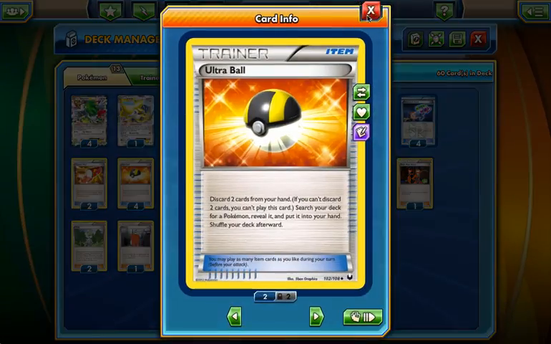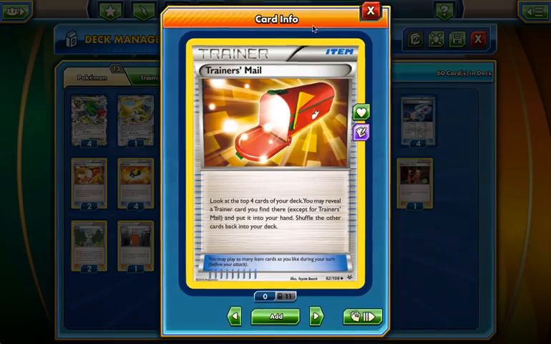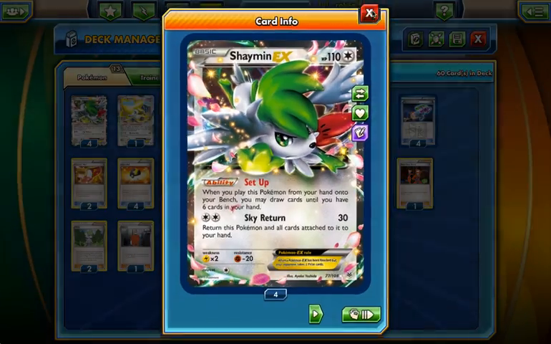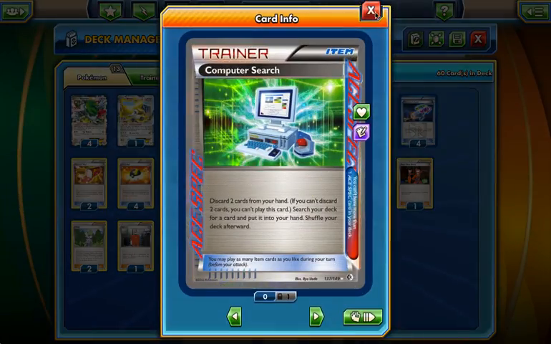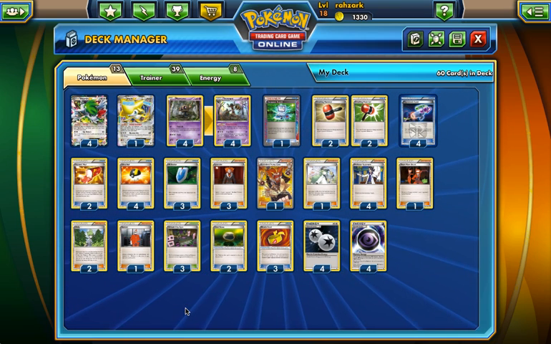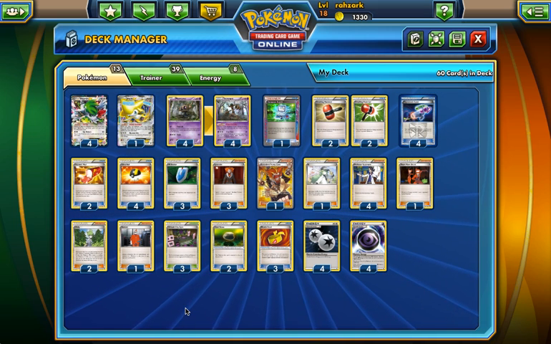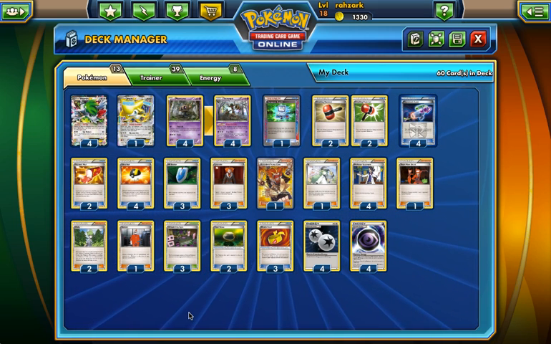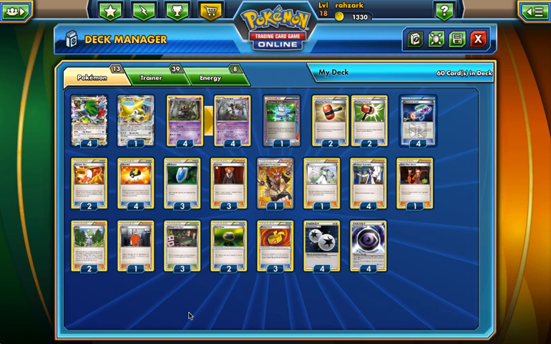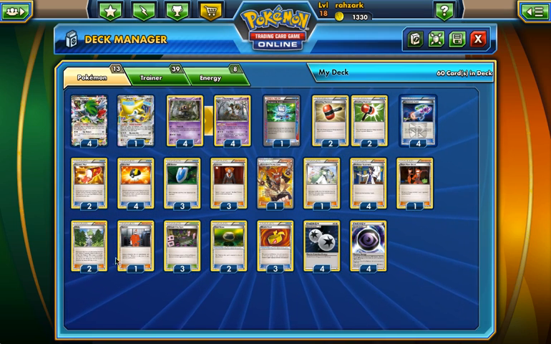We can use Ultra Ball into Jirachi X, we can Trainer's Mail, we have Shaymin X for card draw, we have Computer Search, so we actually have a lot of ways to get Wally on turn 1. Actually tried this deck in a tournament last weekend, and a lot of times where I didn't go for the Wally on turn 1, it was because I decided that it was more important to draw extra cards